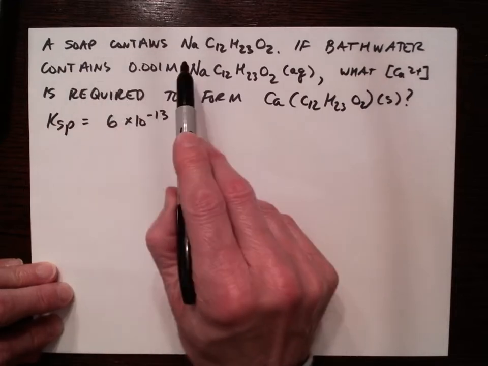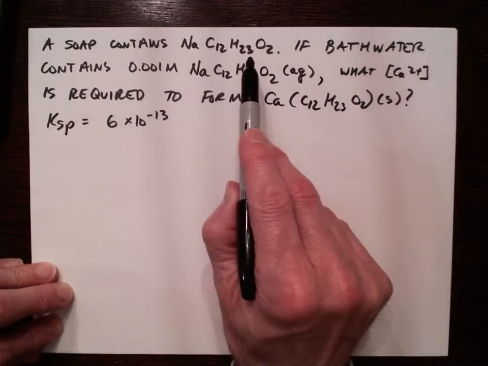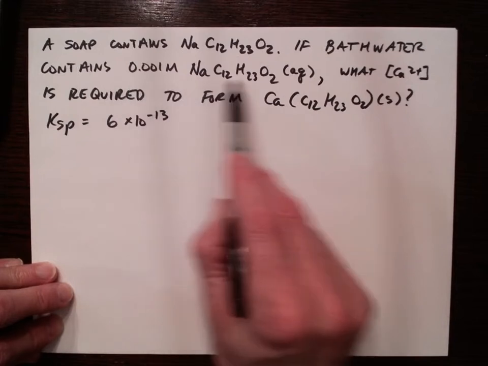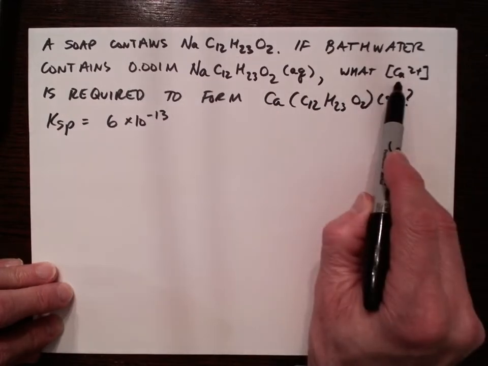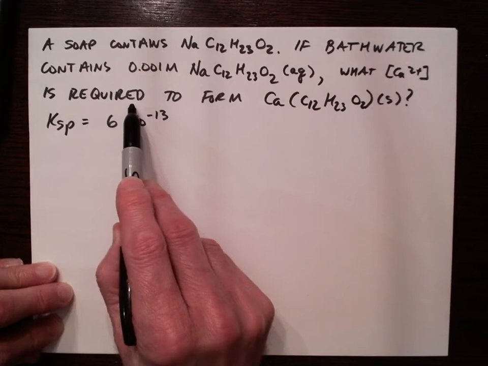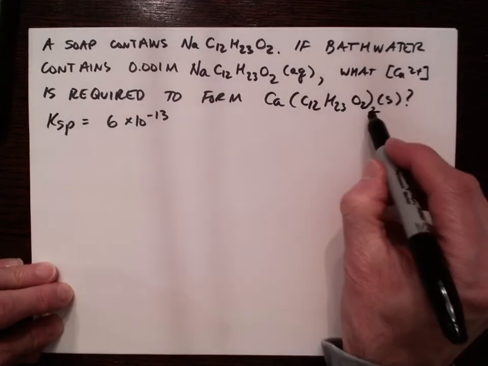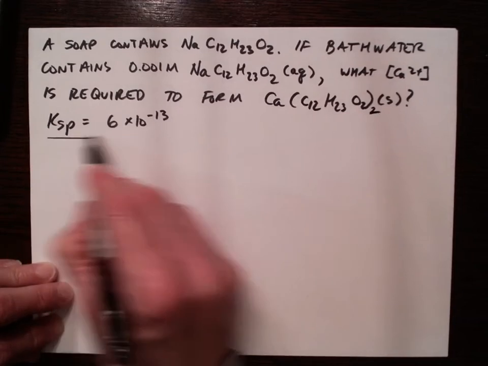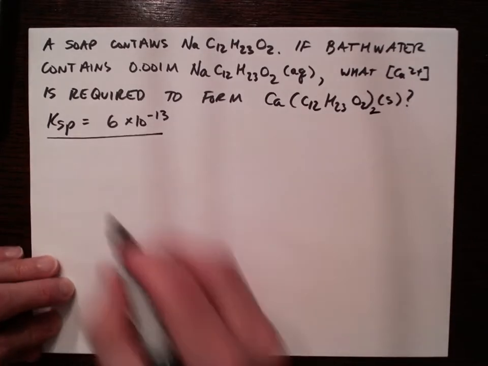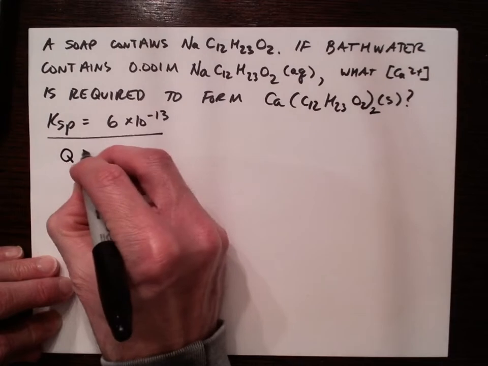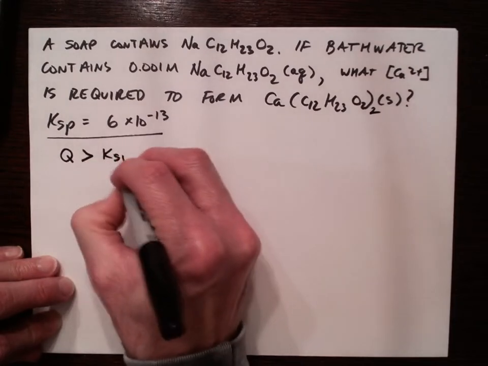A soap contains sodium laurate. If bath water contains 0.001 molar aqueous sodium laurate, what calcium concentration is going to be required to form soap scum in the form of calcium laurate? This is KSP for calcium laurate. But whatever conditions we have, that's going to need to be greater than KSP to form a precipitate,